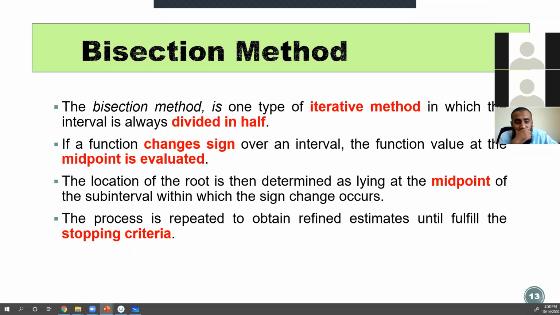Okay. So bisection method is one type of iterative method. Iterative maksudnya dia berulang-ulang lah, in which the interval is always divided in half. Okay, so tadi ada A, B. So ini dia akan join dengan intermediate value tadi. So A, B. So bila ada change of sign, for example negative positive become negative. Okay, bila ada change of sign,